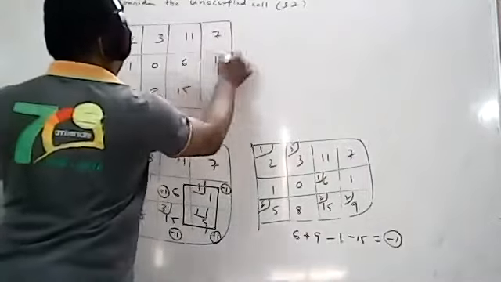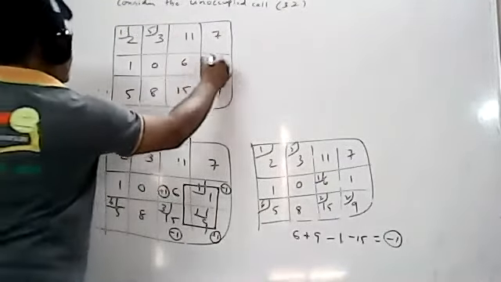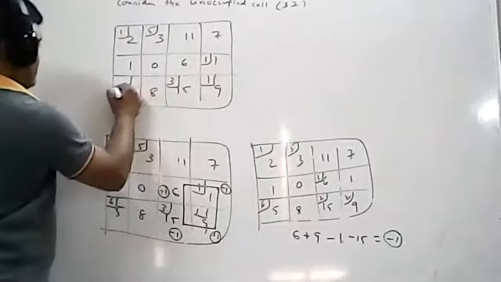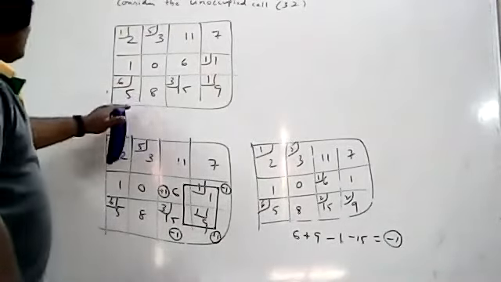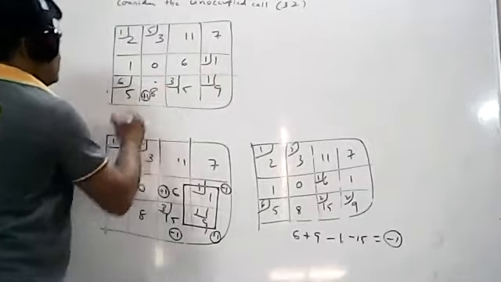What are the actual values? Actual values are this is 1, this is 5, this one is 1, this one is also 1, this one 3, and this one is 6. This one is 6. Okay. So now I will go for this cell, the last unoccupied cell. Now I will consider this one. So wherever you are considering, assign plus 1.